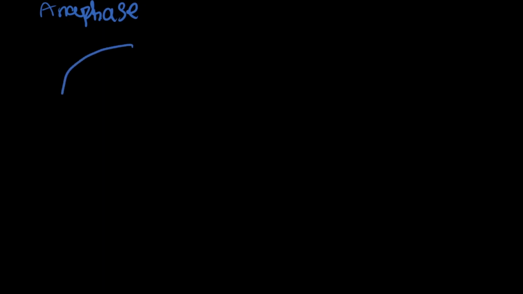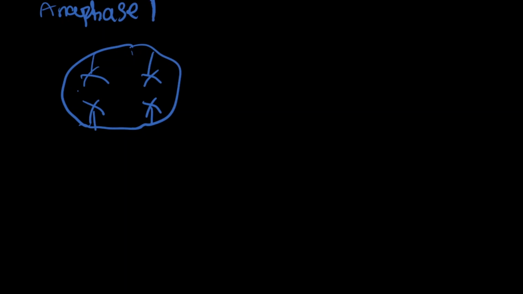So we have the primary oocyte, something like this, and the spindle fiber pulls the chromosomes towards opposite poles, and continues to retract. This is anaphase 1. The next step in meiosis is